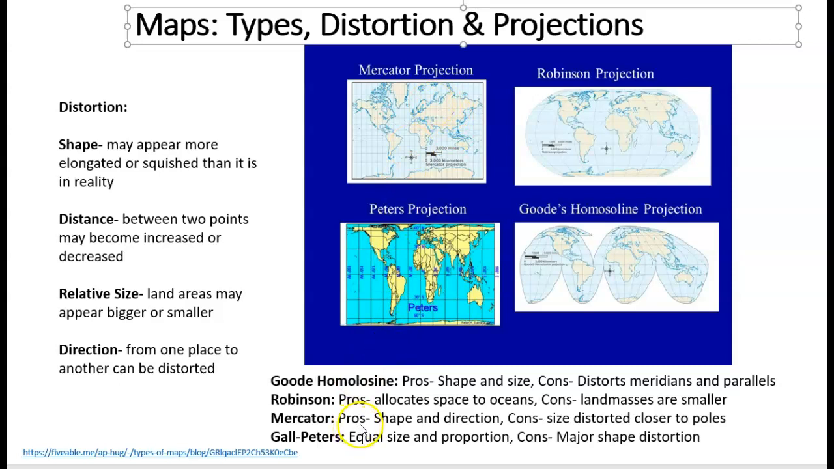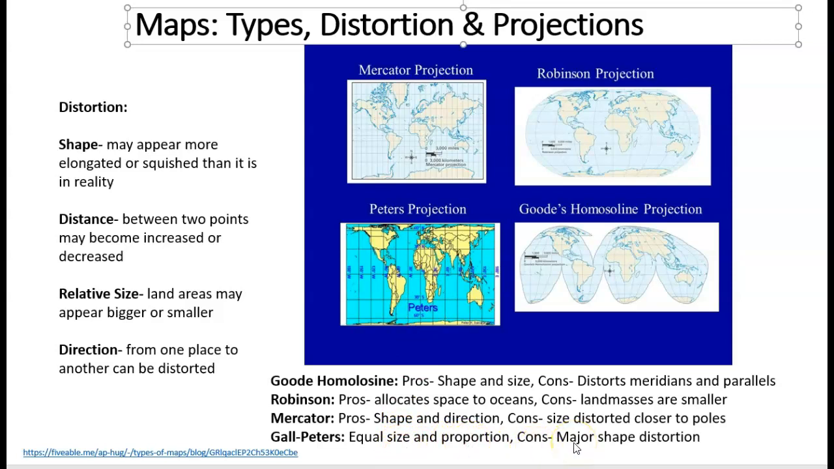So if you come down here, you can see some pros include shape and direction, but some cons are size is distorted closer to the poles. So this is where we see that Greenland looks much bigger in comparison to Africa. And then when we're looking at the Robinson projection, we can see that pros include allocating space to oceans, but cons would include land masses being smaller. And then looking at the Peters projection, or the Gall-Peters projection, we see equal size and proportion as a pro,